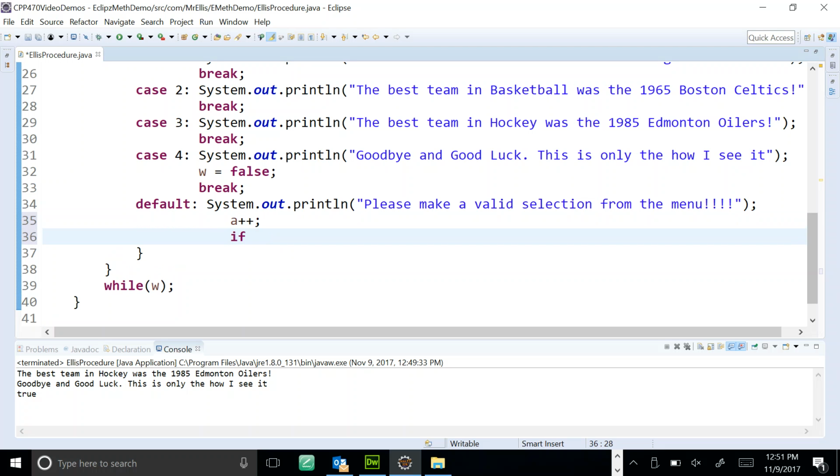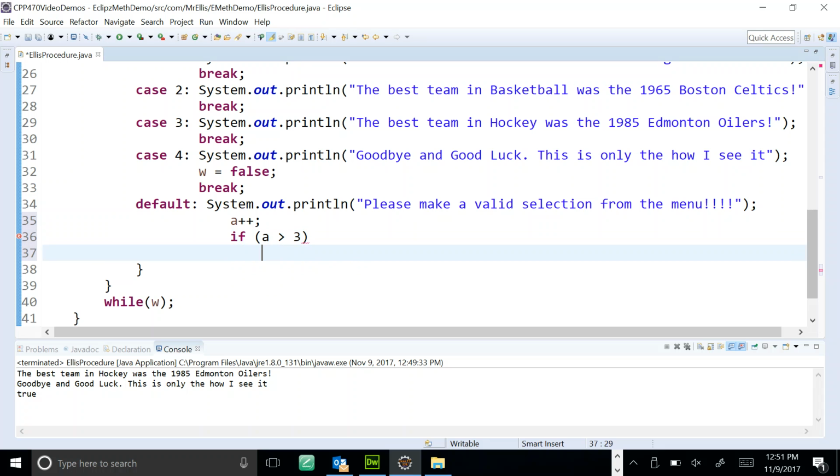If a is greater than or equal to, or just greater than 3, okay, then